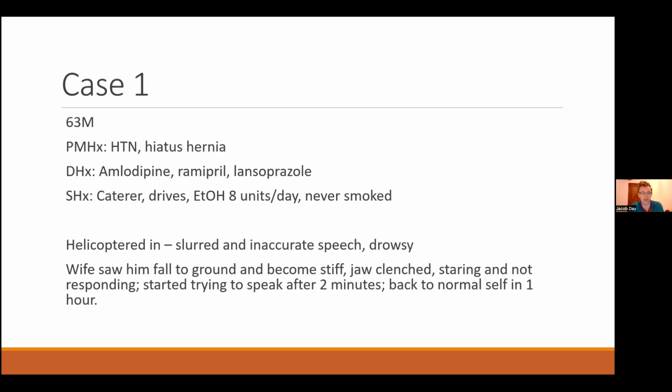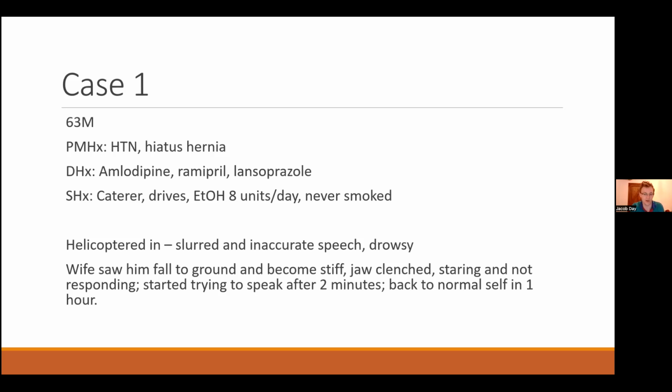So this was one patient I saw a few months ago. He got helicoptered in as a stroke alert. This person has got slurred and unusual speech. We think he's aphasic. I think he might be having a stroke and might need to be thrombolyzed, so get him to hospital as quickly as possible. He's a 63-year-old man who was pretty well, drank a little bit too much alcohol, worked as a caterer, and took a few fairly standard medications. When I saw him at the front door, he had actually got quite a bit better from how he was, and over the following half an hour or so, he basically got back to normal.